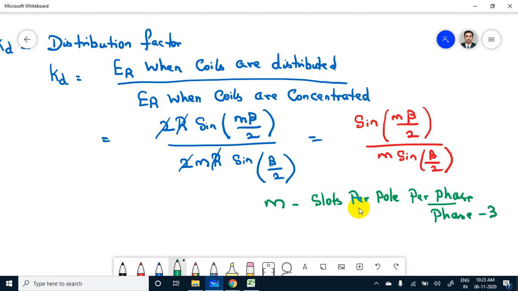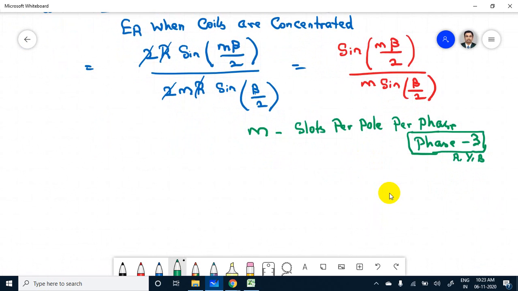Okay, the phase will be 3 phase. Okay, and slots per pole, we have to write this beta. Beta means it will be the slot angle,